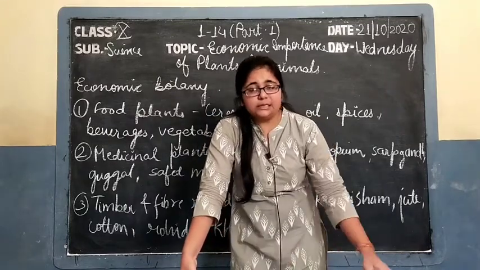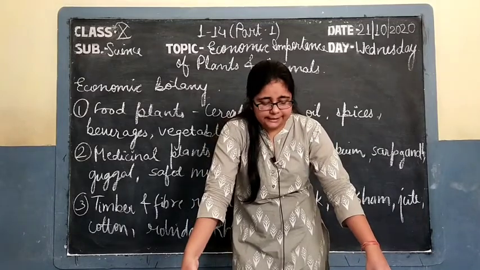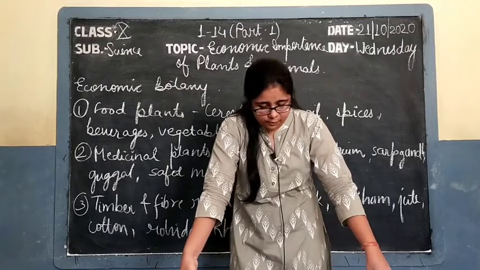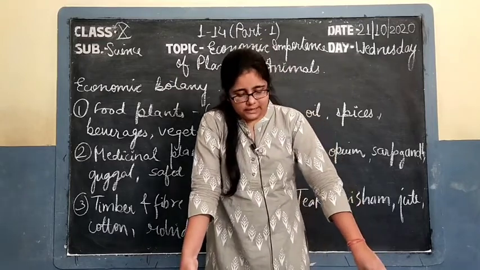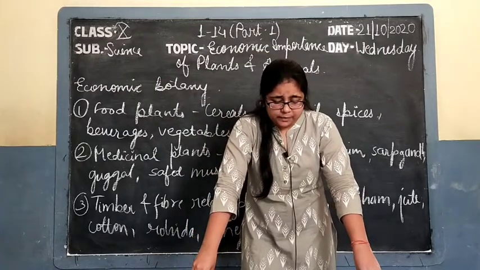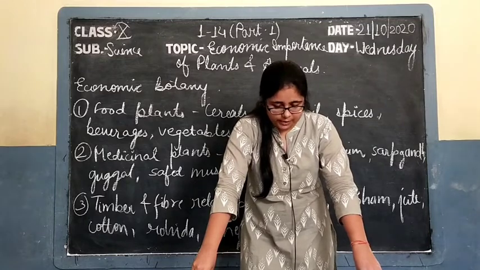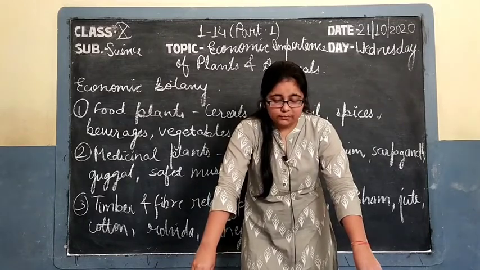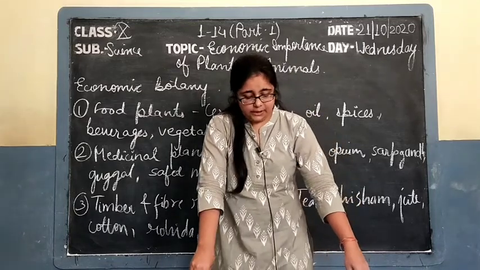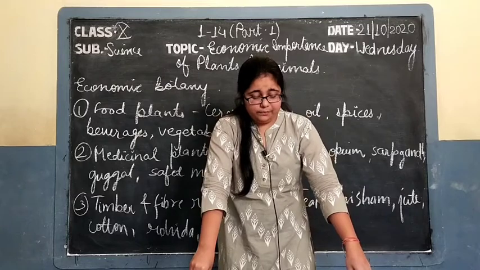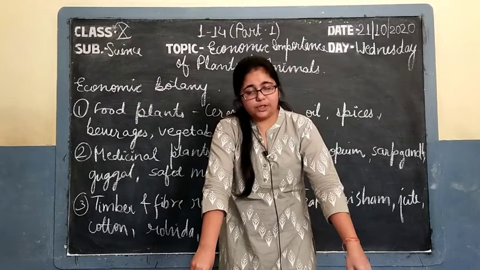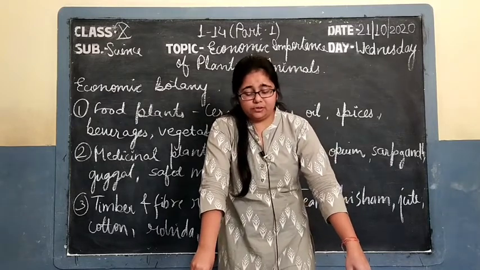So, now we will discuss these food plants in detail. First of all, cereals. Cereals are also an important group of food plants which belong to the grass family, that is Gramineae or Poaceae family. The main source is starch, which is a respiratory substrate in the human body. Some of the important cereals is wheat, the scientific name of wheat is Triticum aestivum. It is sown as the rabi crop, and the improved varieties of wheat are Sonalika, Kalyan Sona, Sharbati Sonora. These are the varieties of wheat.